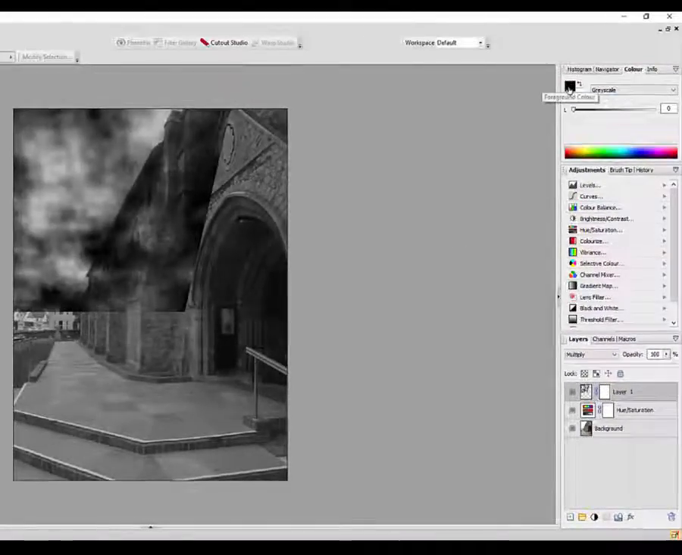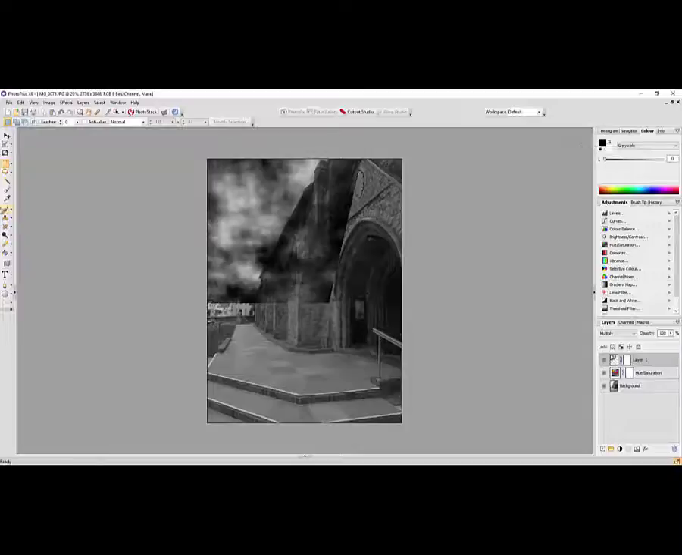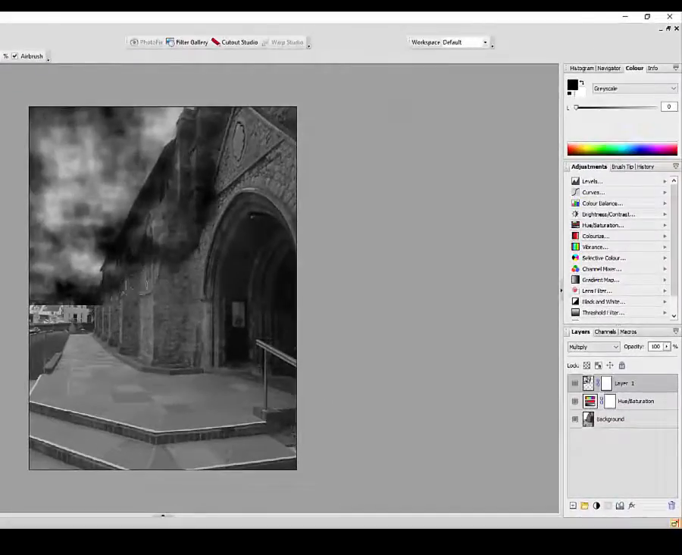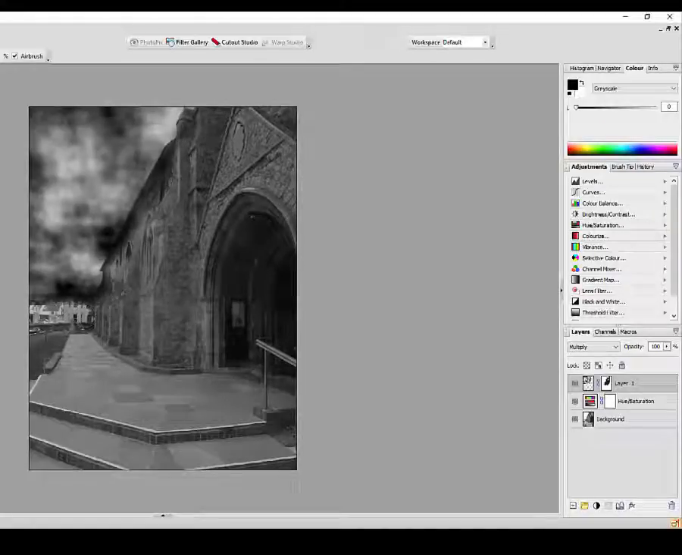And then make black your foreground colour. Get your paintbrush. Now I would start quite high with the opacity and then just start painting black over the majority of the areas. Don't go too close at this opacity anyway. Just come close to the edge. Get rid of the hard line of the selected area,